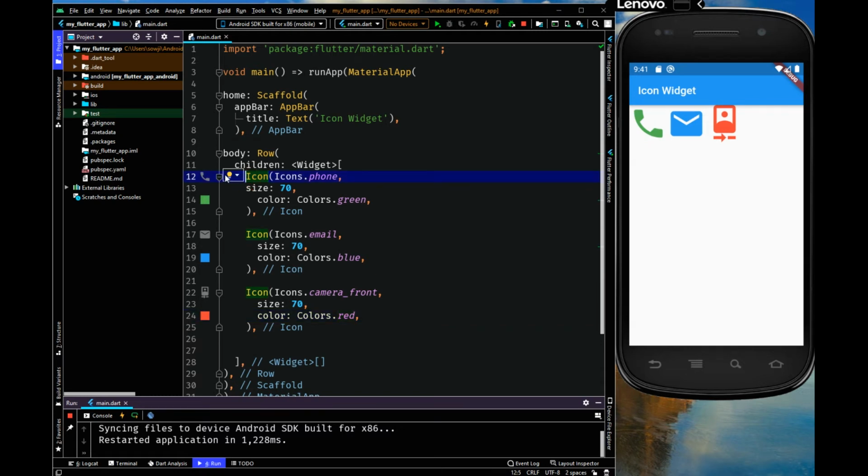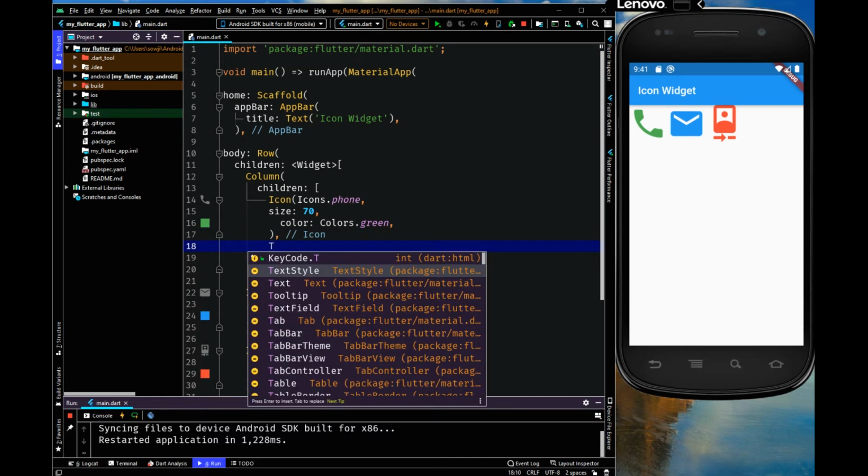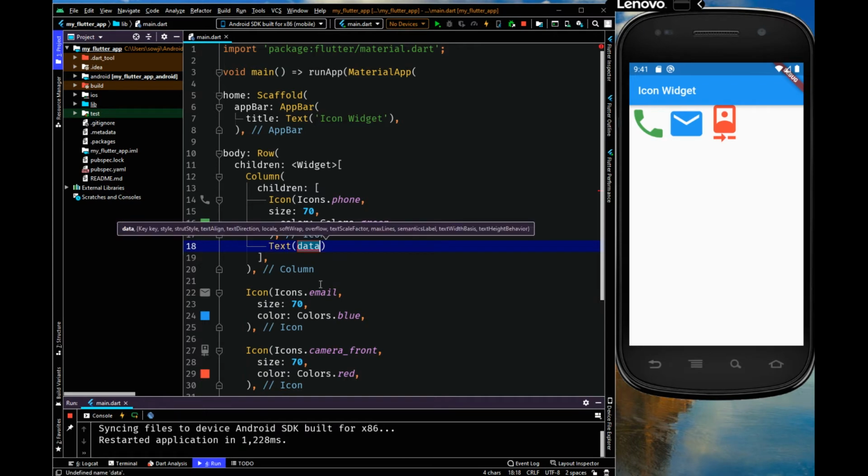So click before this icon and click on the actions menu, then wrap with column. Now after this icon widget, I'm going to add a text widget, and inside that I'm giving the text phone, because it is the phone icon.